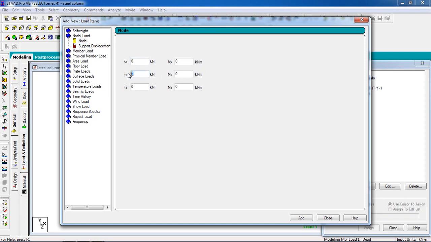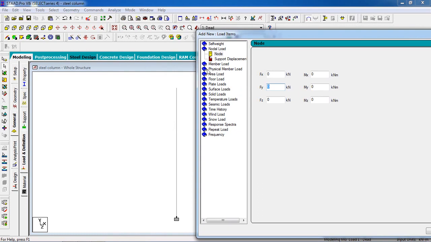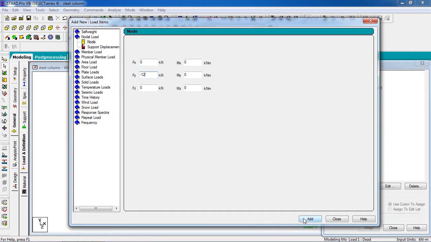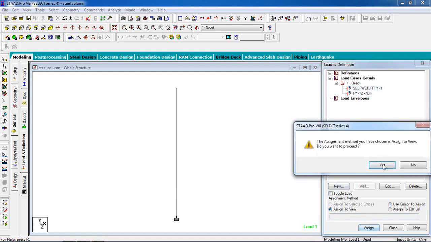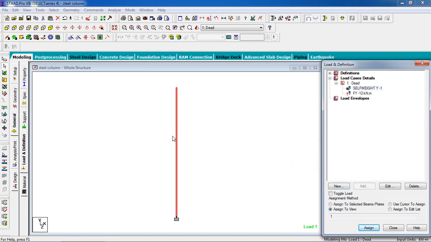So this is a column, so we are going to give nodal load on the upper side in the minus FY direction, nodal load minus 12, then click on add. If there is moment, you can give the moment. Then close it.